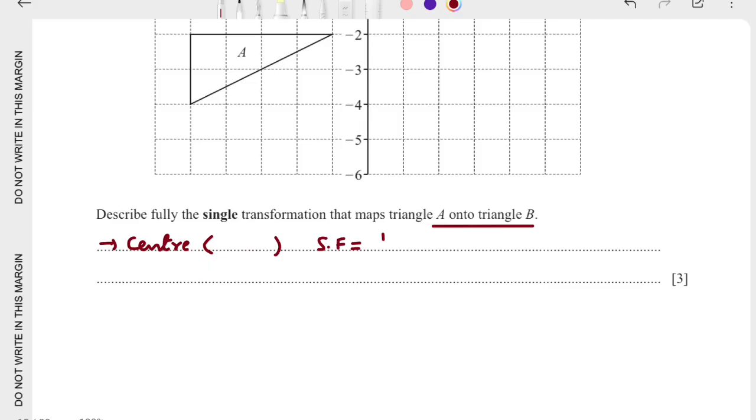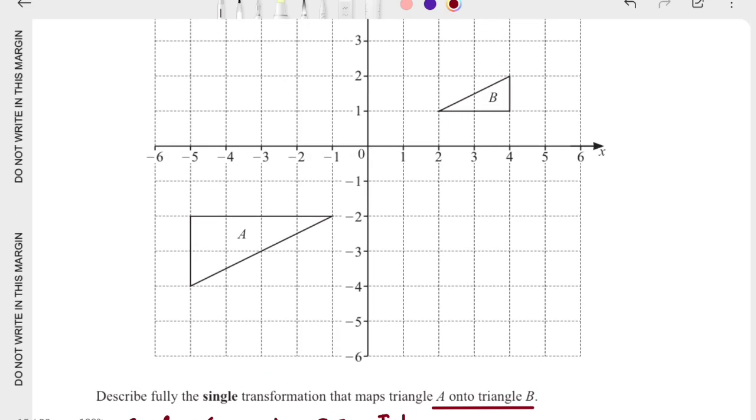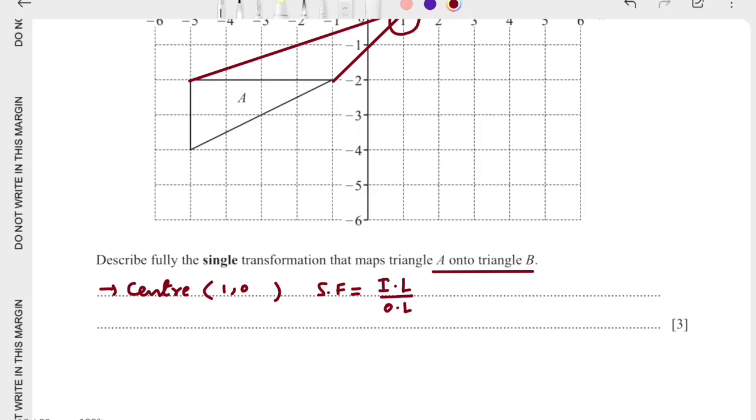Scale factor is equal to image length over object length, and to find out the center we have to match their corresponding vertices. So let us join another vertex. Students, just see, both vertices are meeting at one point. You can also join third one, so this is the center, so center would be 1, 0. Now for the description you can write here that it is